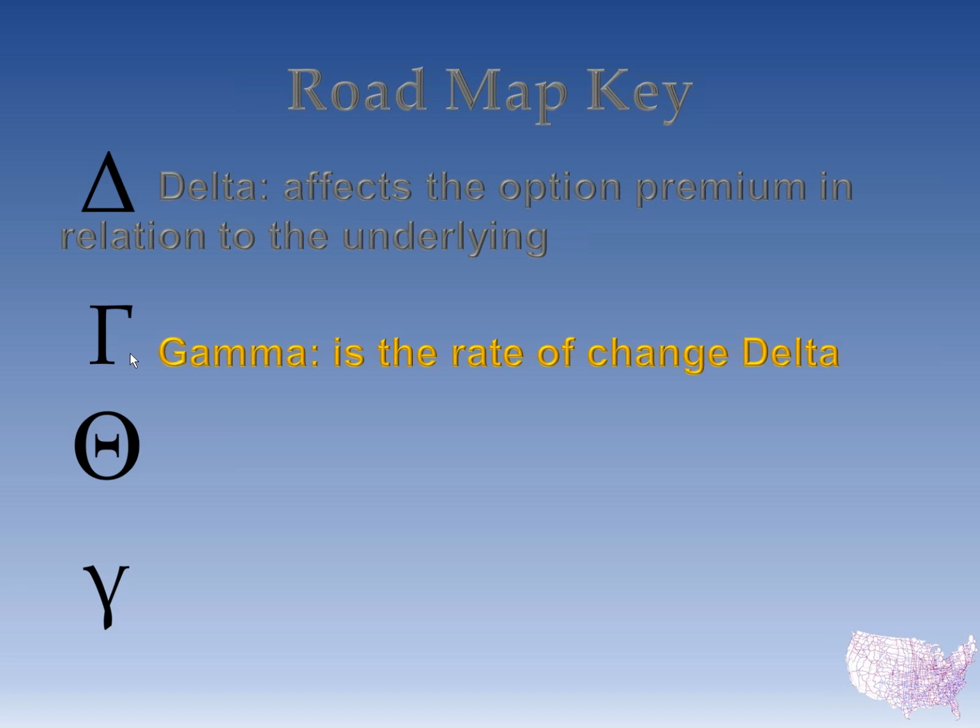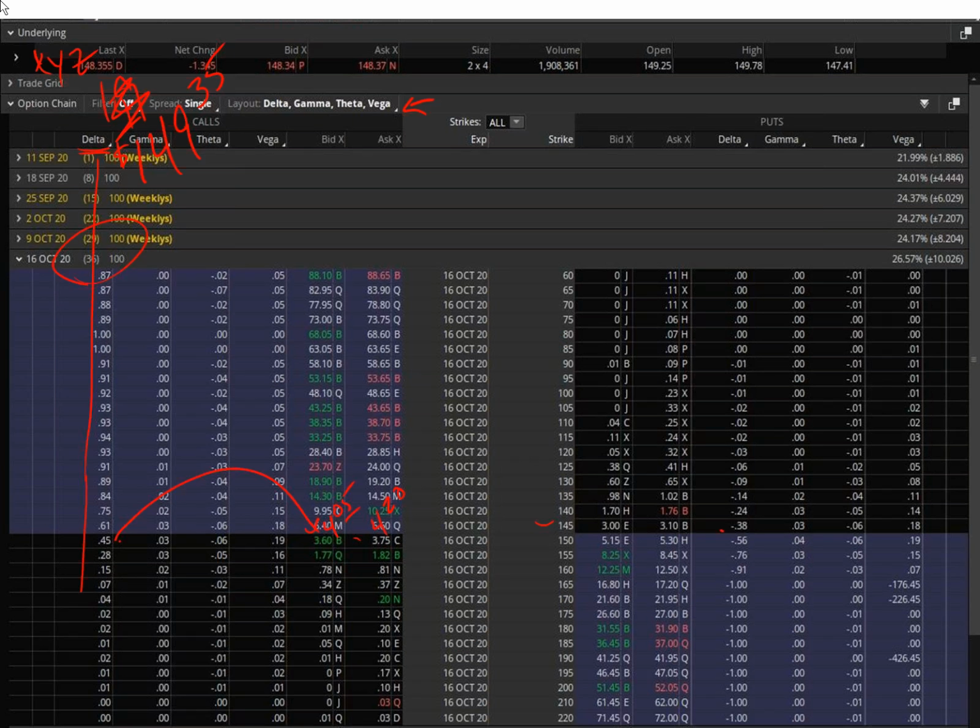Easiest way to remember is gamma. We don't talk a lot about gamma, and most people don't. Maybe they'll be talking about a gamma trade or something like that, which I do talk about in some of my webinars. But at the end of the day, all we need to know is gamma goes with delta. All right, gamma goes with delta. We talked about this as being dollar number 1. Well, this is dollar number 2. So on the second dollar, now we see gamma going with delta. And this is all other things being equal. We haven't seen volatility change or anything else, but it's just to get you guys to see the perspective here.